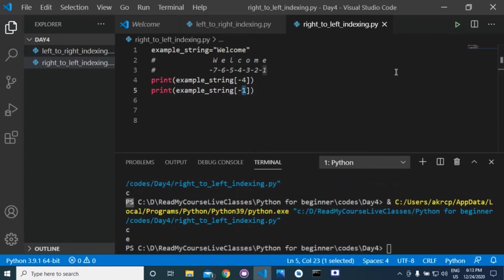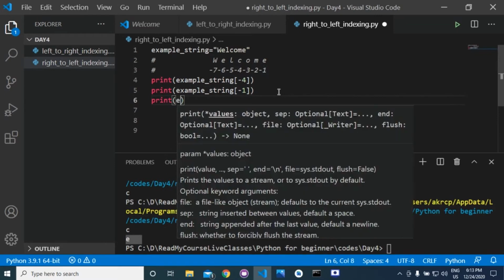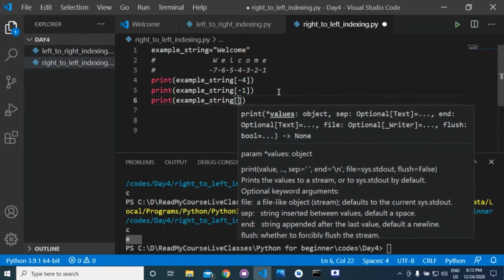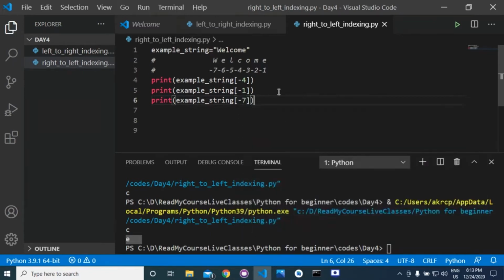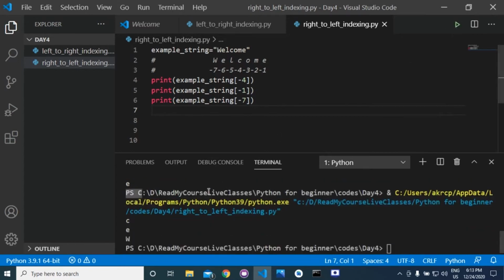Okay, so here you will get E. Suppose I ask you print example string -7, so what will be the answer? Can anybody tell? W. So run this, so you will get it. Okay.